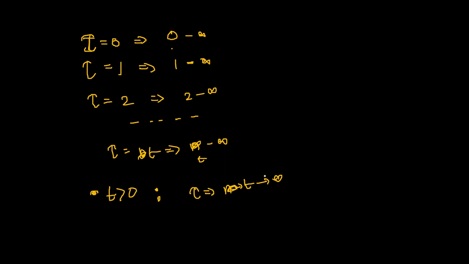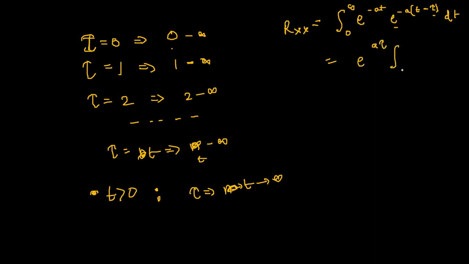So what we do is, let's find the correlation Rxx is equal to integration of 0 to infinity e to the power minus at into e to the power minus a of t minus tau dt. Okay, so again, since we are differentiating with respect to t now, the tau part comes out. So I have e to the power a tau integration of 0 to infinity e to the power minus 2at